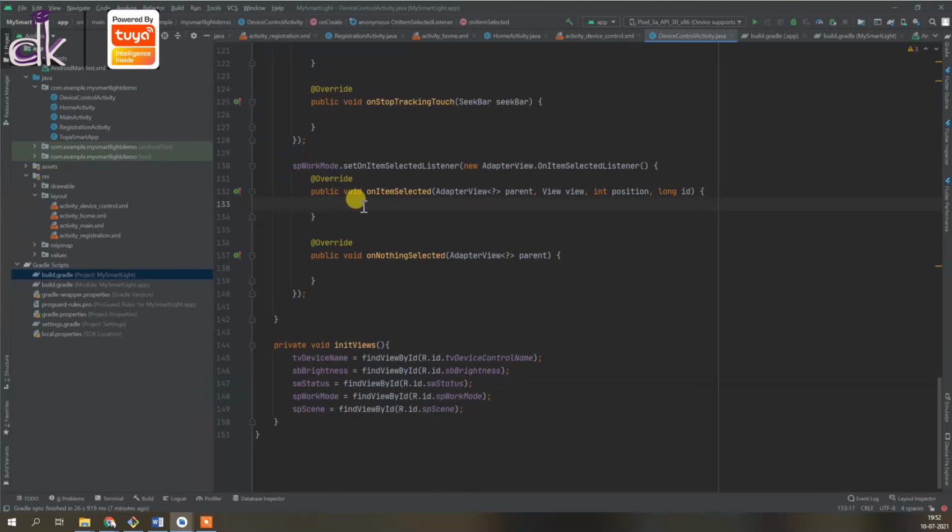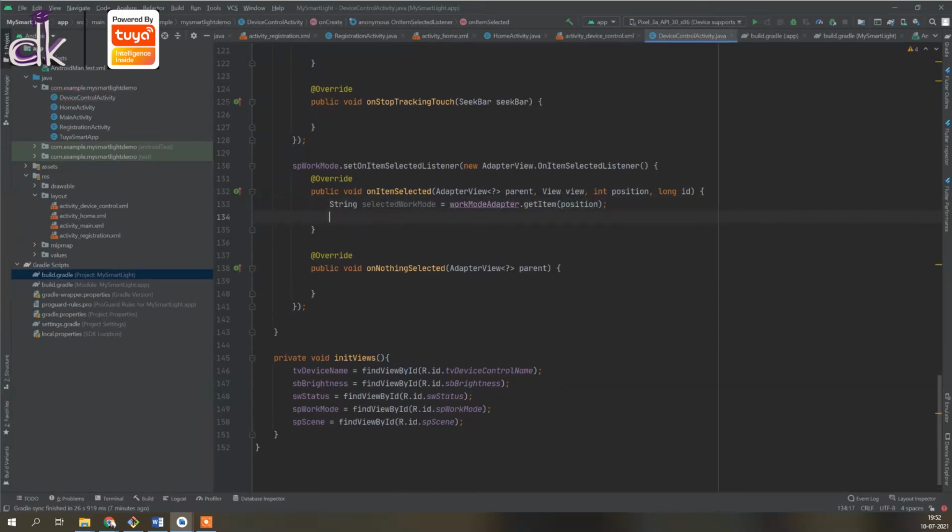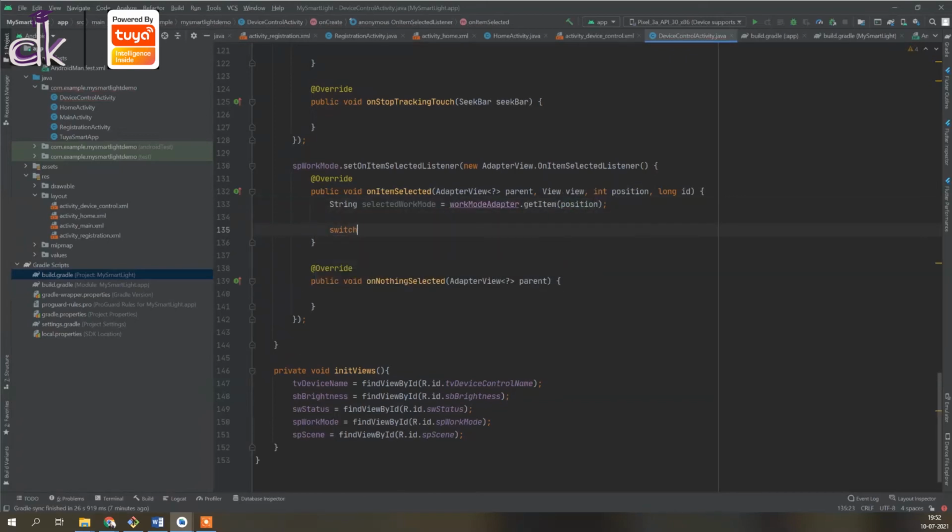So in this case, first thing is, let's actually get the selected work mode, and then what you want to do is check what the selected work mode was.